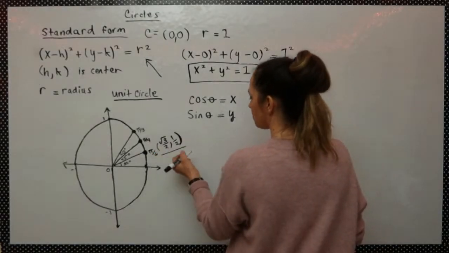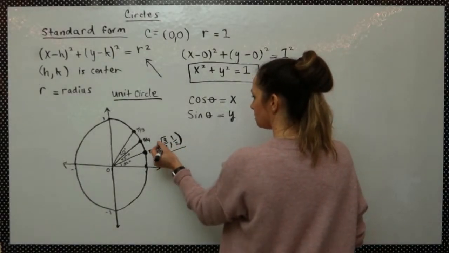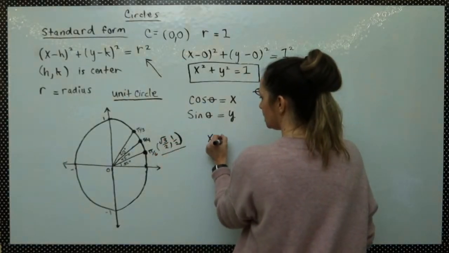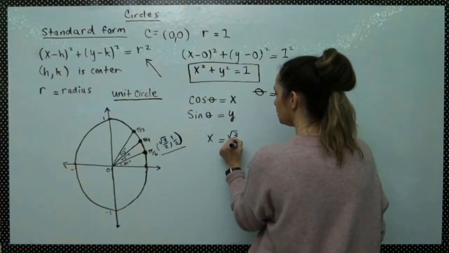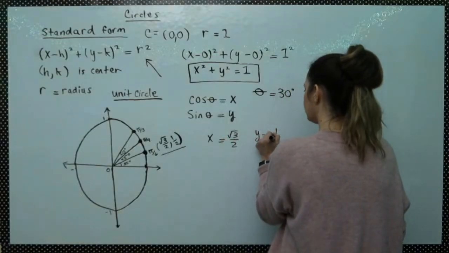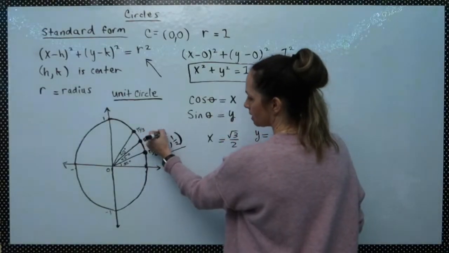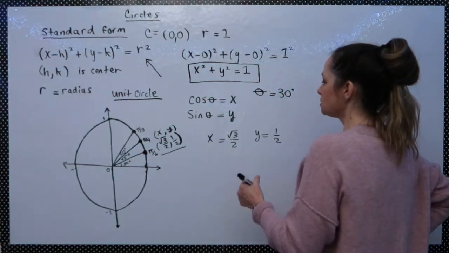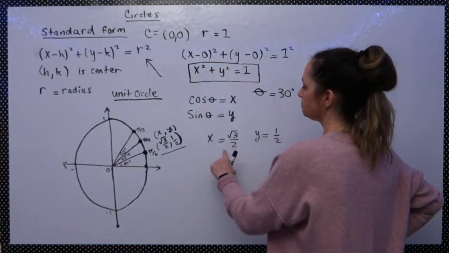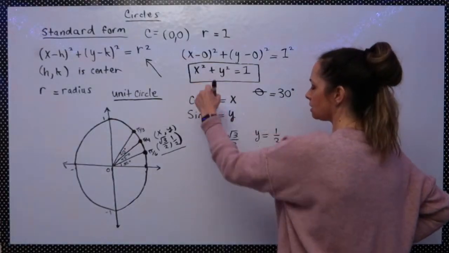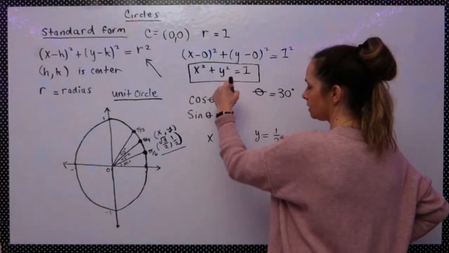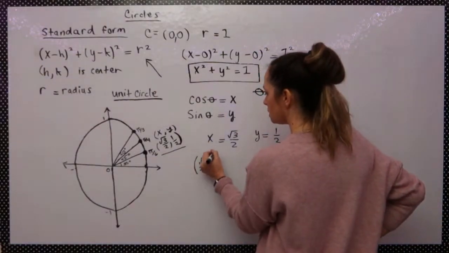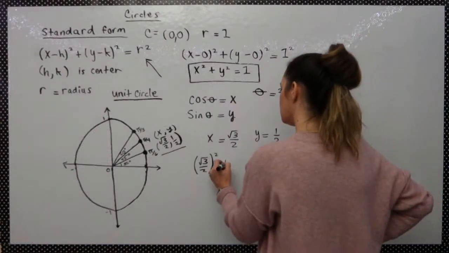So I just want to show you one example for the first value, 30 degrees here, that it does work and it checks out. So we'll just try it. So we have this ordered pair, radical 3/2, comma 1/2. And so x is going to equal radical 3/2, and y is going to equal 1/2, because you have x comma y here. It's an ordered pair. So when you plug in the quantity for x here, and y here, you get radical 3/2 quantity squared plus